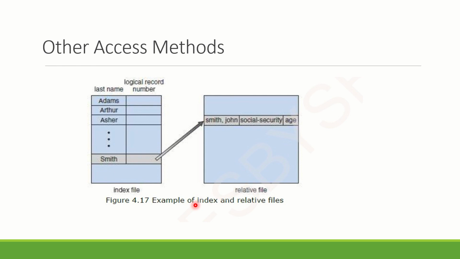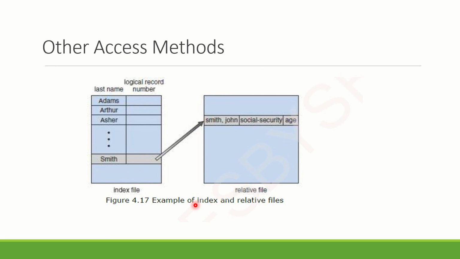Another word for that method is the seeking operation. The system moves to that position, and reading or writing can be done there. That is direct access or relative access.